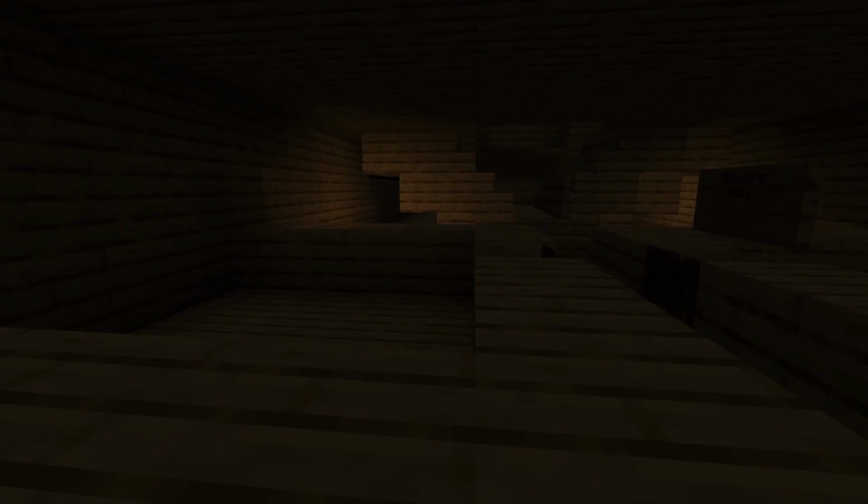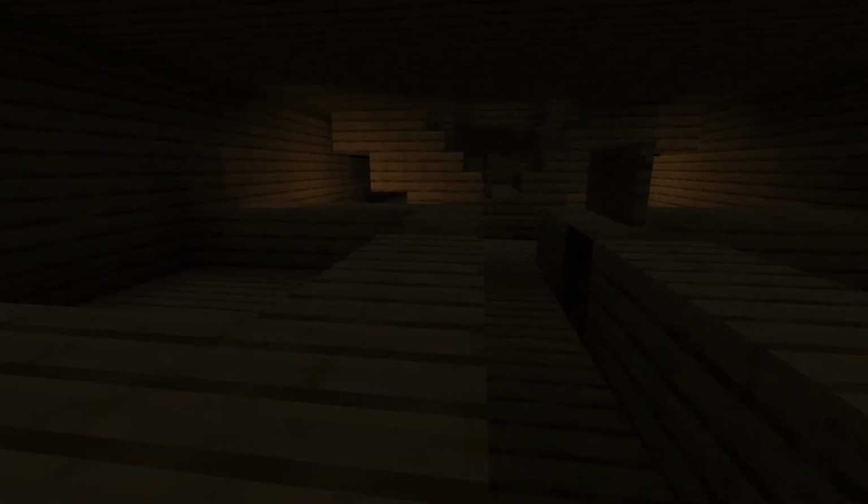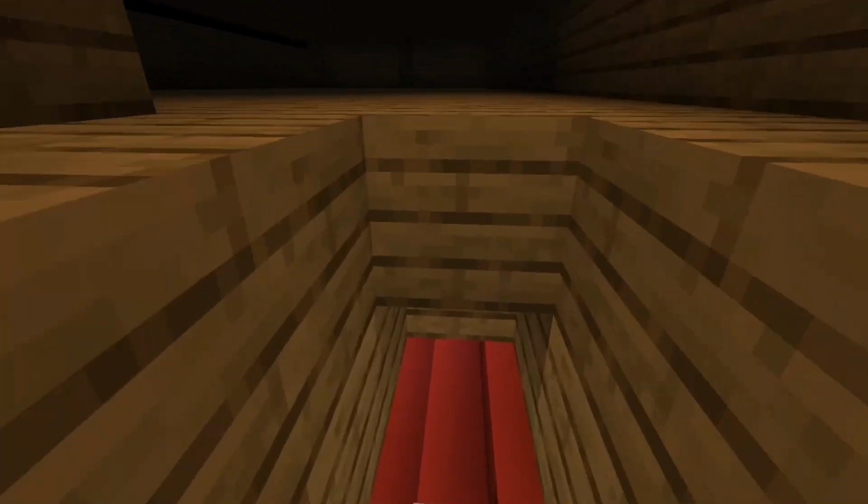But if you want to really take your building to the next step, think about moving away from everything being the same block. You can see on this level everything is oak. Nice toilets here, little details there. And then one thing I would like us to have a quick look at before we leave this plot is